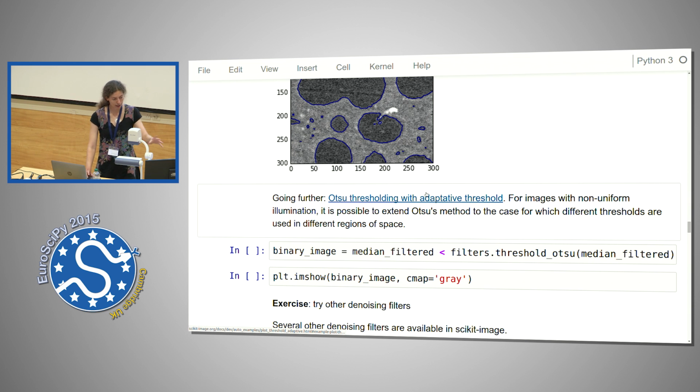Just want to mention, I've put a few links in the tutorial if you want to go further and see more complicated cases, because I have to say that for this tutorial, I wanted to show a full example from a real-life application, but I also chose something that was quite simple compared to what you can encounter in real life. So if you want to do more complicated things, I've put a few links with examples. For example, here a link to thresholding, where you have uneven illumination within the image, and you might want to select a different threshold in different parts of the image. So this is covered by this example of